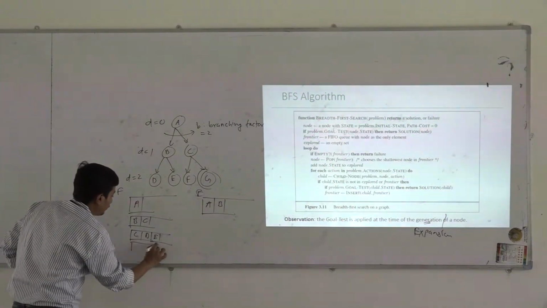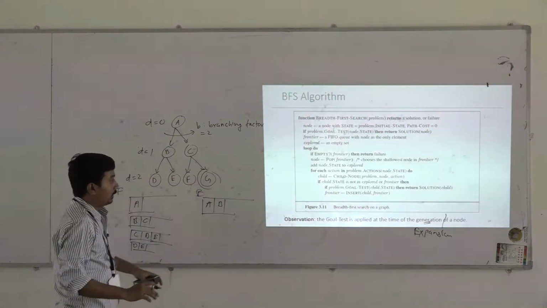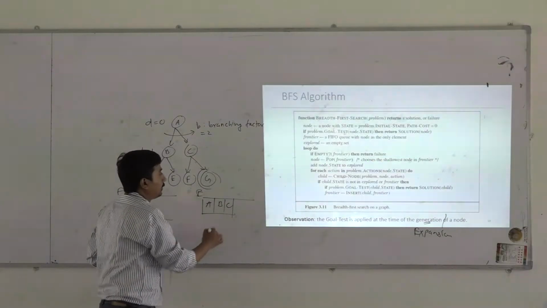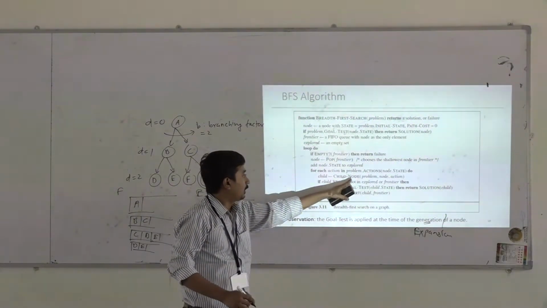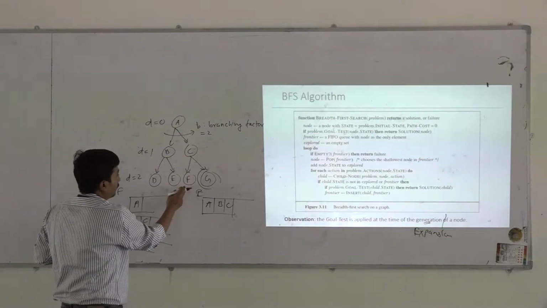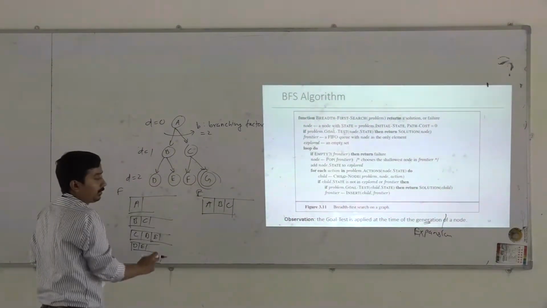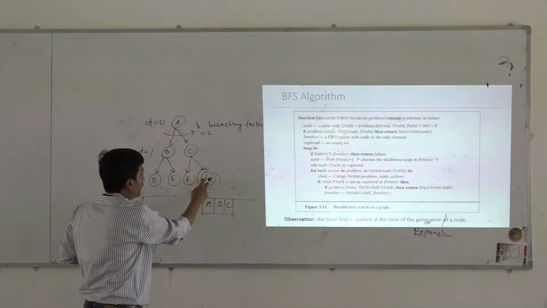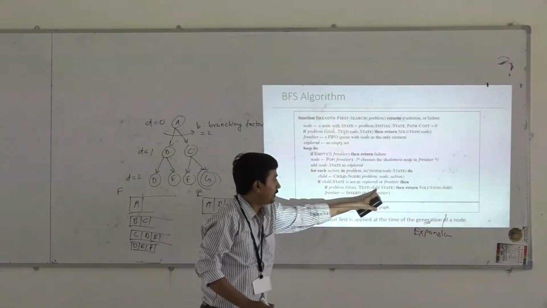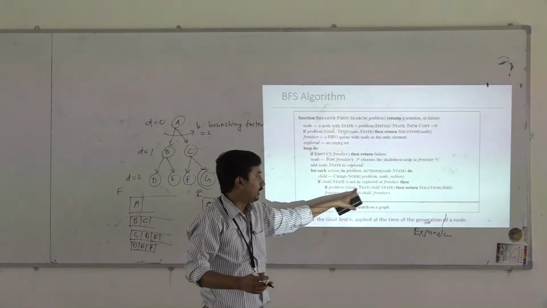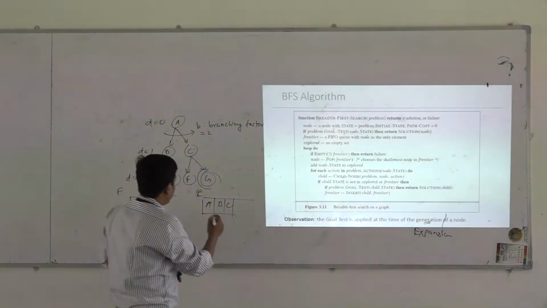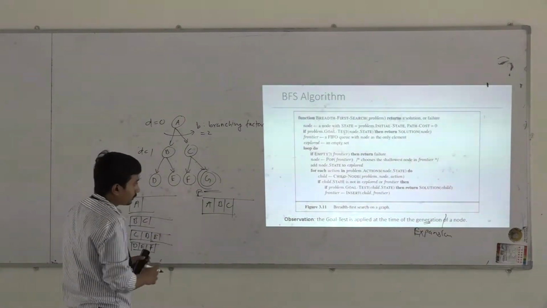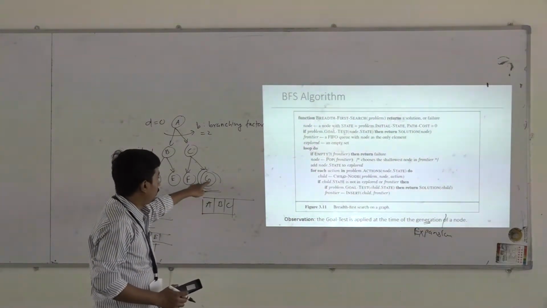Then next C is removed. C is not a goal, so it is added to the explored set. Next we apply an action on C, so F is generated. F is not a goal state, so we add it to the frontier. Then we apply the next action on C, and G is generated. This child, G, will pass the goal test and return a solution. Now our algorithm will stop here.